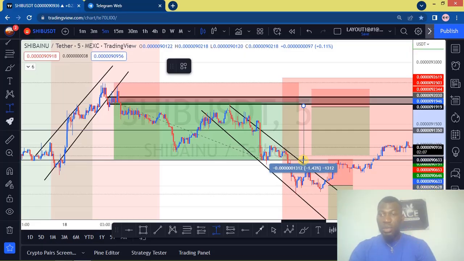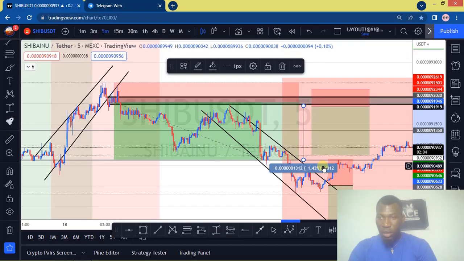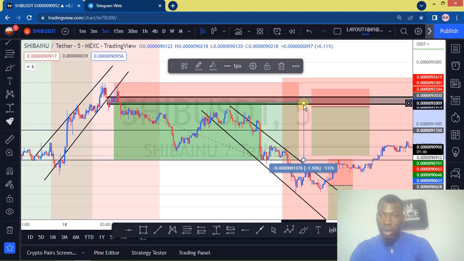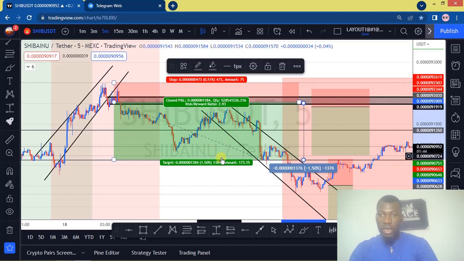As you can see, at this point our pips is the number after the percentage, so that is 1,302. We didn't place it completely at our entry, so let's take it a little bit up to our entry. As you can see here, this one is reading